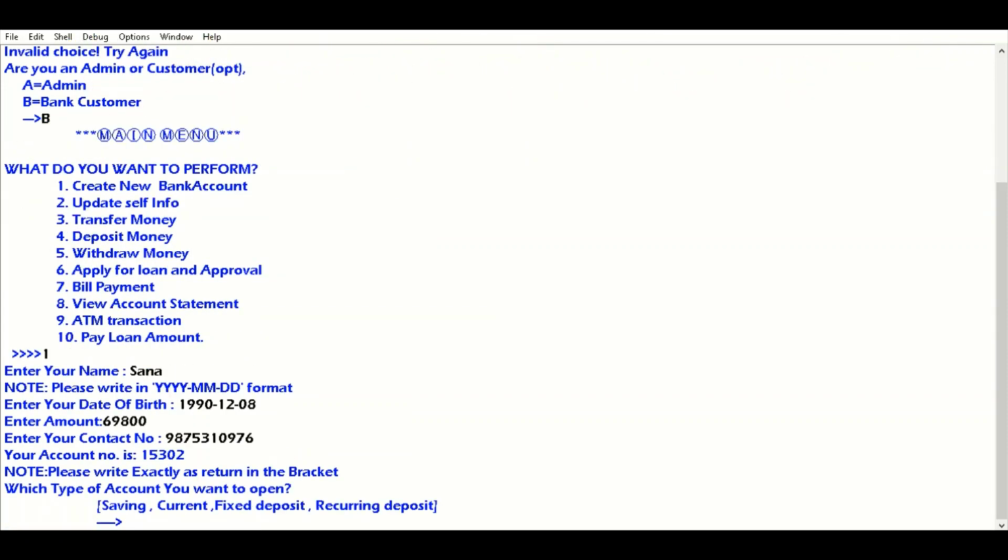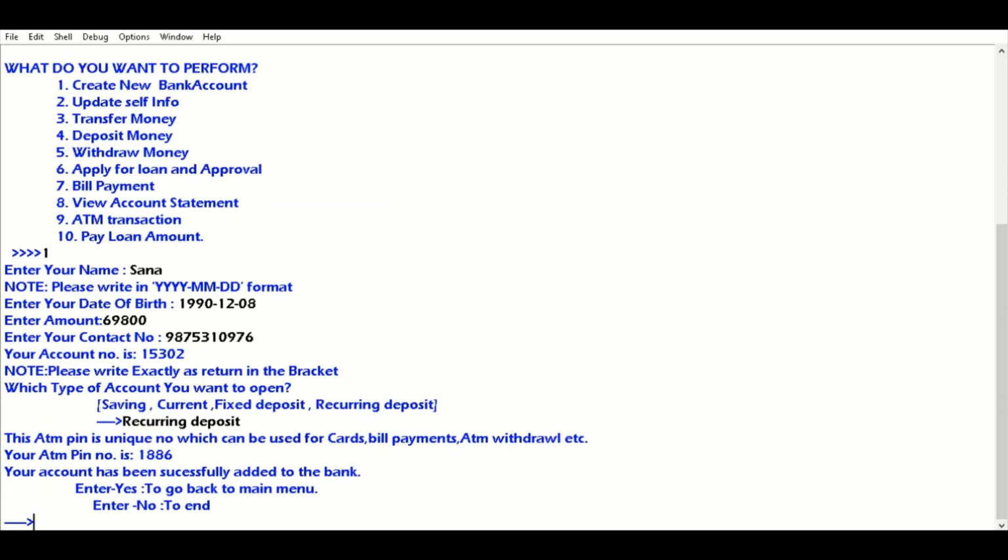And then it will automatically generate an ATM PIN number for you and will ask you either you want to continue or end the performing activities.